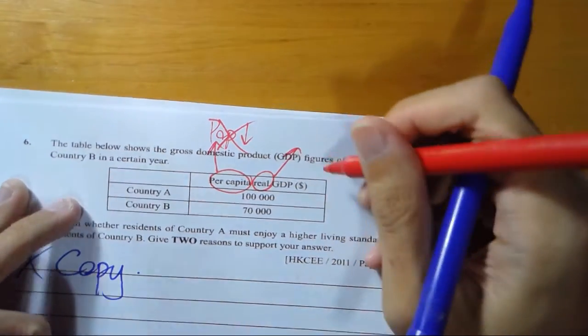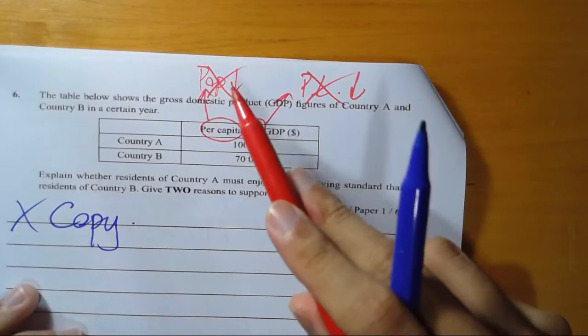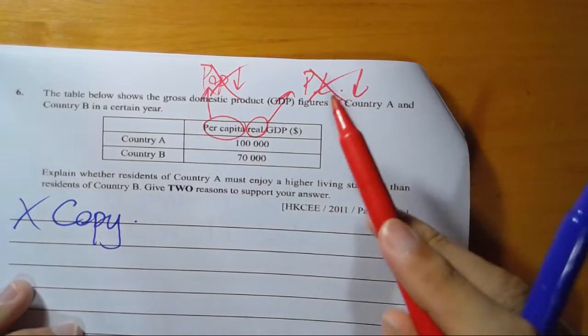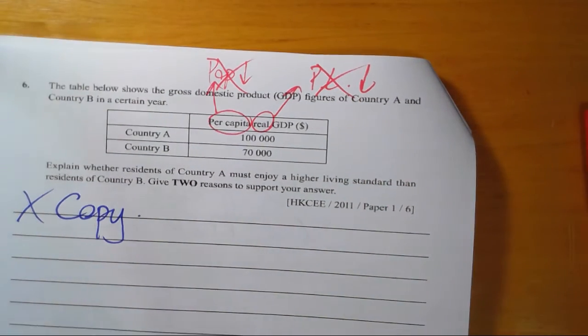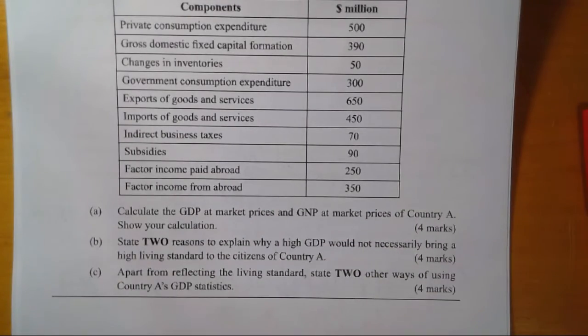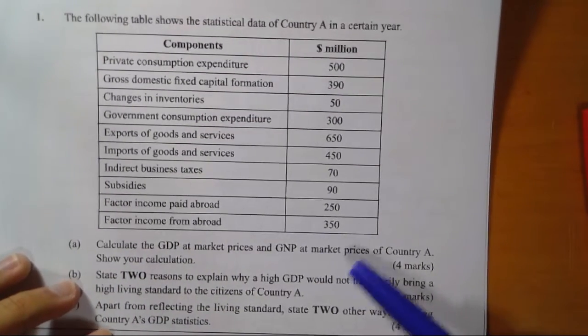You cannot say price level is lower. No, because per cap already dealt with the problem of population, and real already dealt with the problem with price level. 處理晒㗎啦嚇，所以冇得講，得唔得？哇！呢個真係唔講啦，自己翻去睇翻屋市好唔好啊？